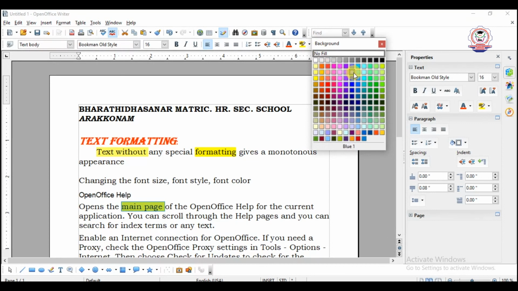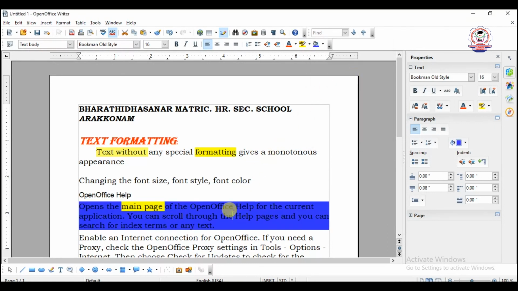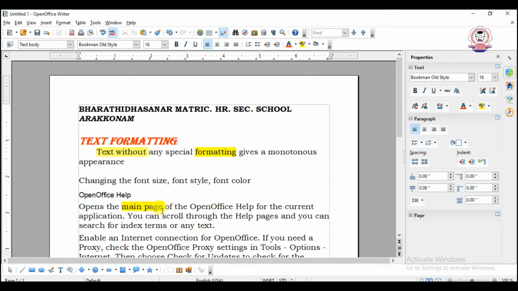If you want some other color, it can be changed for a single paragraph too. If you want no color, choose No Fill, which makes it empty. Okay, this is the way of changing the font size, font style, and font color, highlighting the text, and changing the case.